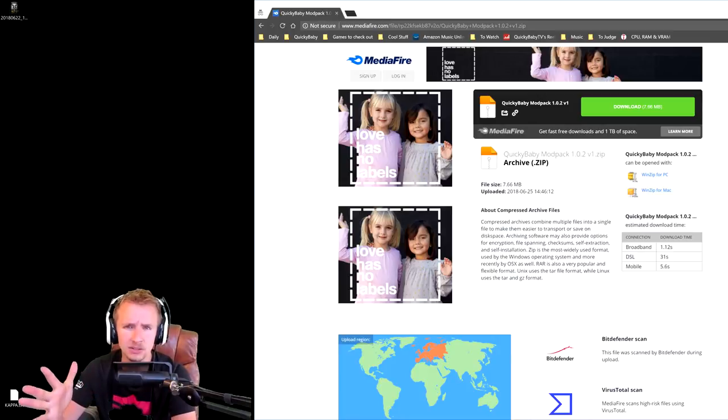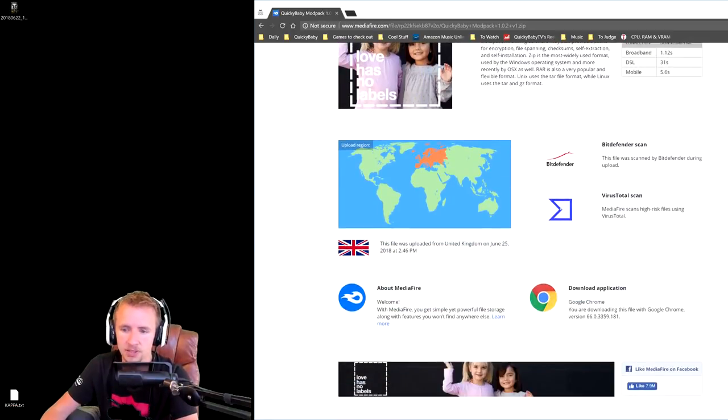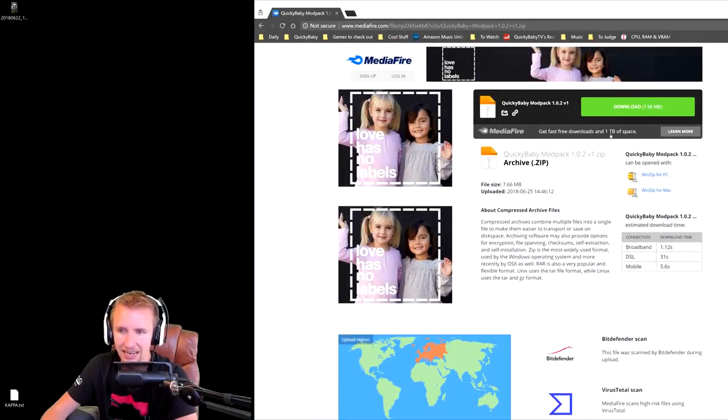It will take you through to the Mediafire website, which is a free file hosting service. Next, there's probably going to be a bunch of adverts all over the page. Don't click anything apart from this green download button here. And the current size of the mod pack is 7.66 megabytes, although that might go slightly up or slightly down